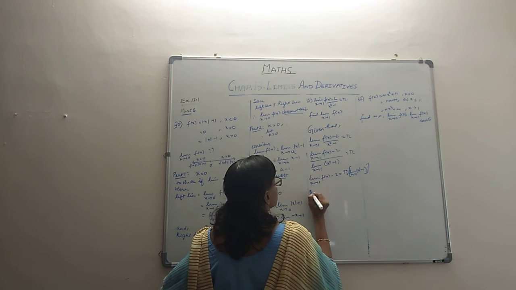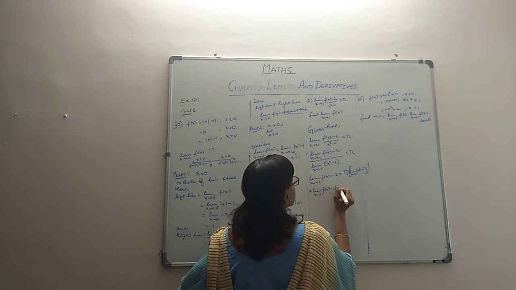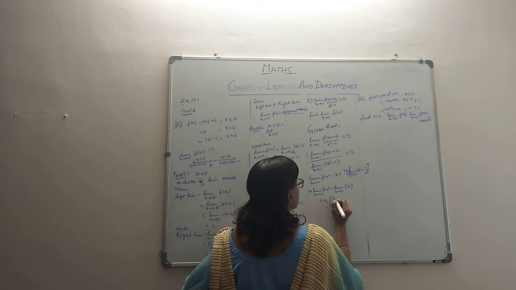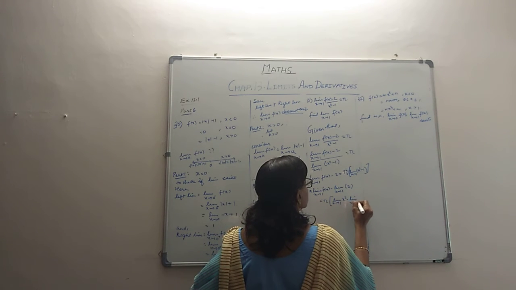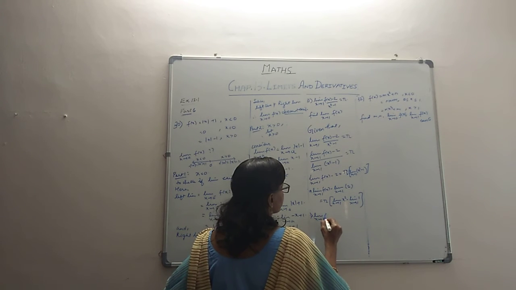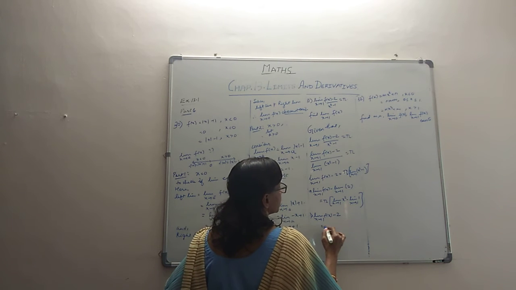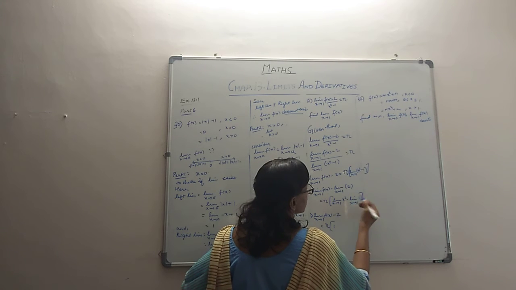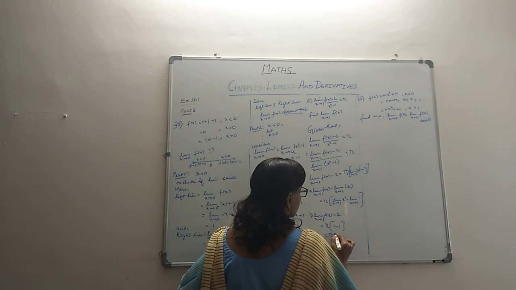So when we break up the limit, how will it come? Limit as x tends to 1 of f(x) minus limit as x tends to 1 of 2, and here it is pi times limit as x tends to 1 of x squared minus limit as x tends to 1 of 1. What will come? Limit as x tends to 1 of f(x). Now where there is no x, the limit will not apply and only 2 will remain. Here pi, then x tends to 1, that means 1 squared, so it's 1. And here because there is no x, the limit will not apply and only 1 will stay. So what will happen? It will become pi into 0 actually.